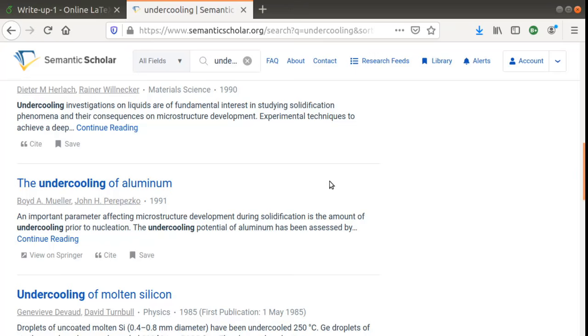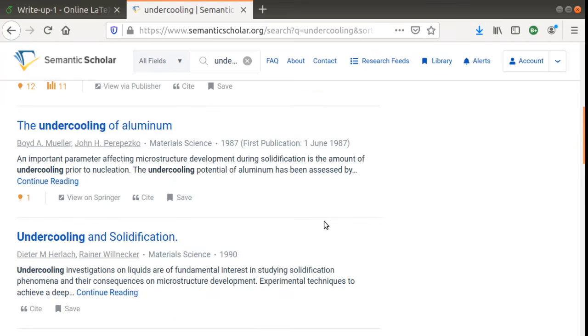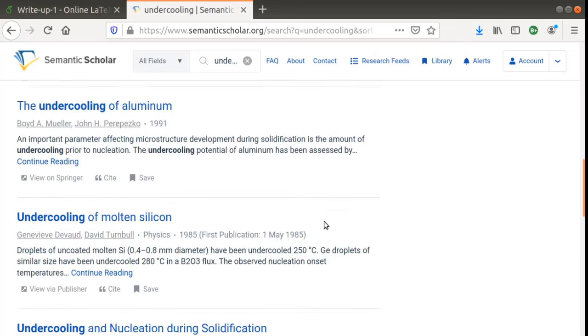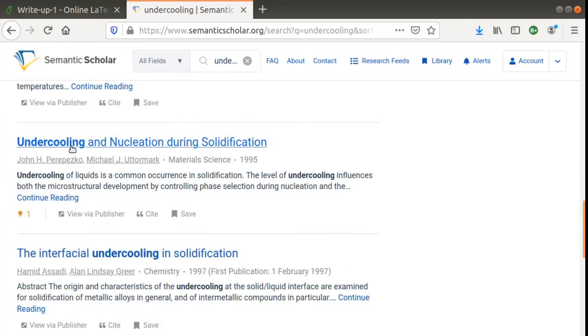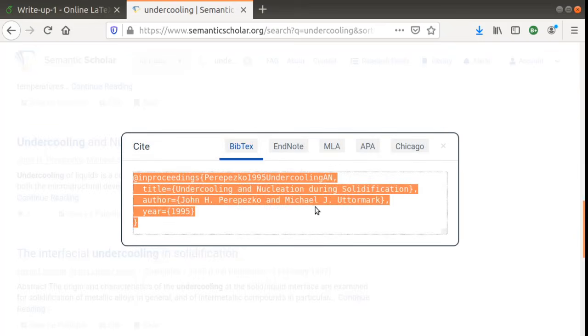And just like in Google Scholar, you have an ability to pick up the bibliographic information of an article. So let us say I want to talk about Professor Perepesco's article here, and there's a link called Cite. Click on that, and the bibliographic information is now available in the form of BibTeX or EndNote or other formats.